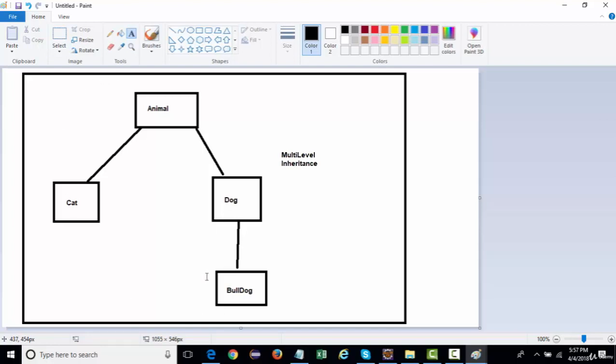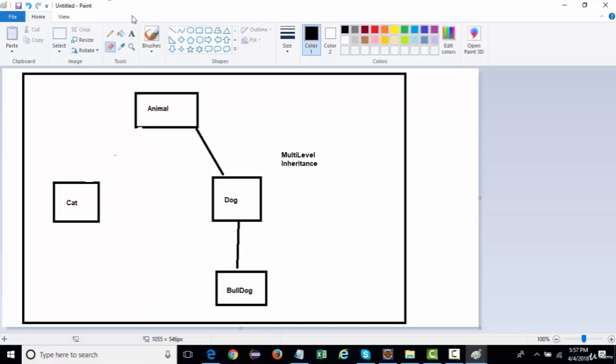This is not multi-level. A multi-level will form when I remove this thing, when this is a separate entity, right? And a parent and a child and a subchild. So this is what multi-level inheritance is.